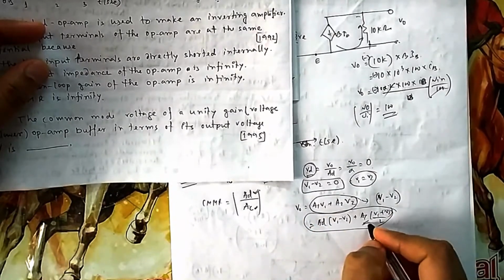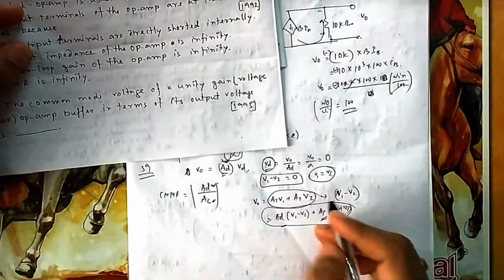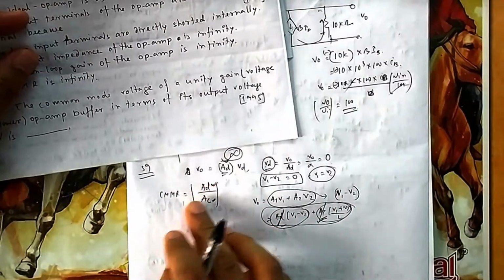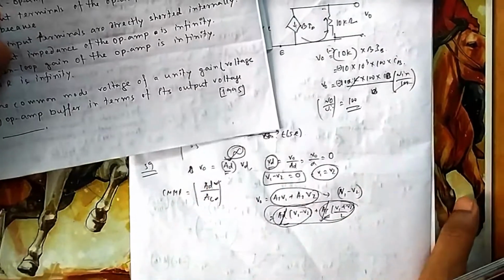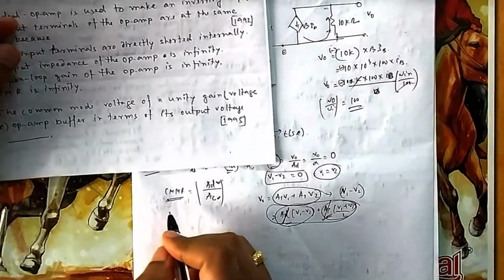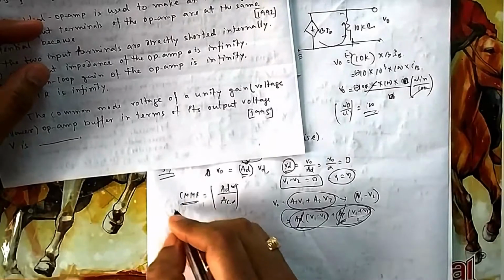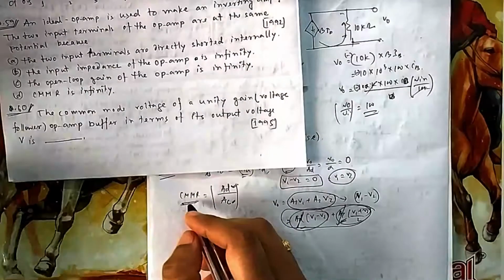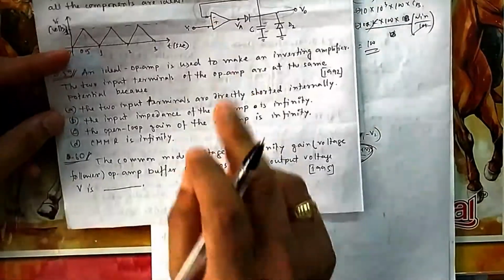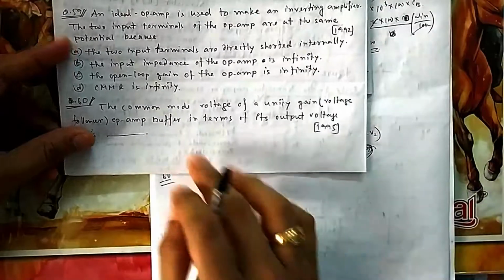So this is known as the common mode gain. This is the difference gain. We don't want this one to be there, we want this one to be there. So ideally the common mode gain should be 0. CMRR gives you that ratio. Practically it is not exactly 0, something should be there. That's why a new name is introduced, common mode rejection ratio, CMRR. So the main point is these two are at the same potential for a feedback op-amp. That is always important. We will see lots of problems based on that.